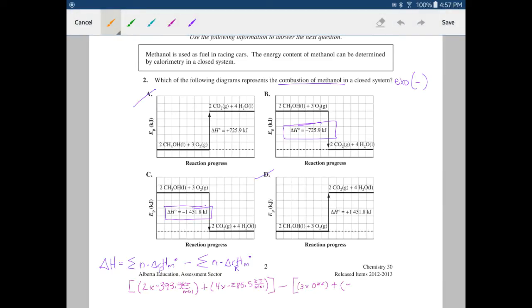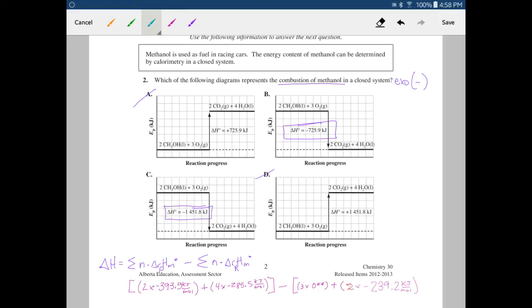So this is our 2 times our negative 239.2, I believe. Hopefully I didn't mess that number up. 239.2 kilojoules. Again, kilojoules per mole. So when I go to simplify this, I find that I have 2 times my negative 393.5